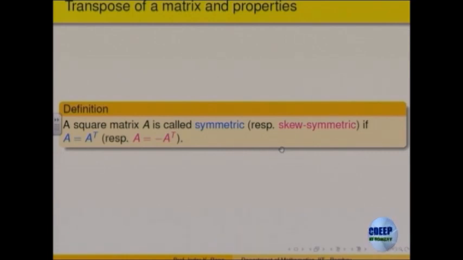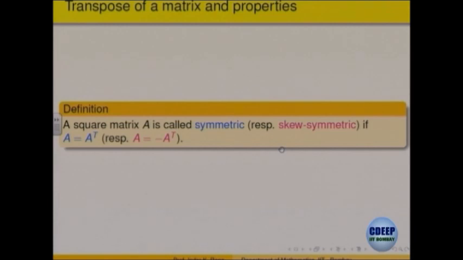Does it put any condition on the matrix A? If I say a matrix A is symmetric, does it put any condition? Yes, because transpose will change rows to columns. So, if A was m cross n, transpose becomes n cross m, and if they have to be equal, that means m has to be equal to n, otherwise they are not equal from the equality of matrices.